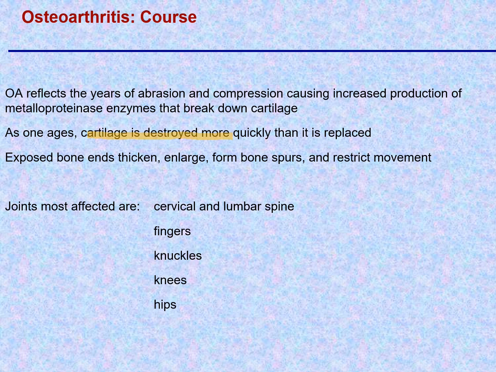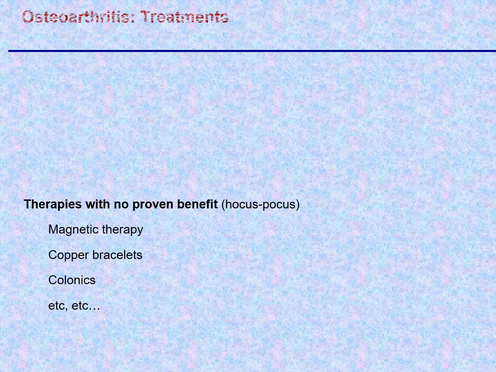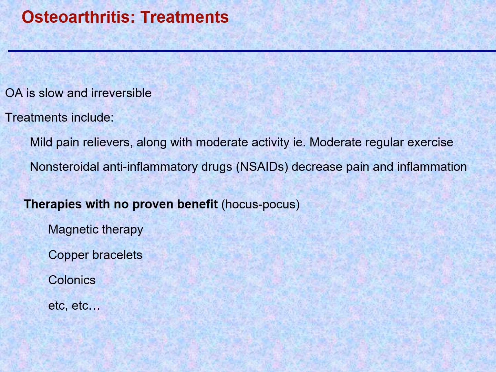The joints that are typically affected are in the cervical and lumbar spine, between the vertebrae, and the fingers, knuckles, knees, hips, shoulder. It's a problem. Osteoarthritis is slow and irreversible. Treatments are mild pain relievers,